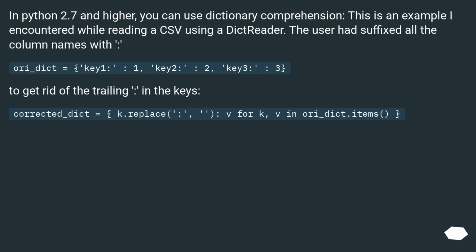ori_dict = {key1: column1, key2: column2, key3: column3}. To get rid of the trailing colon in the keys: corrected_dict = {k.replace(':', ''): v for k, v in ori_dict.items()}